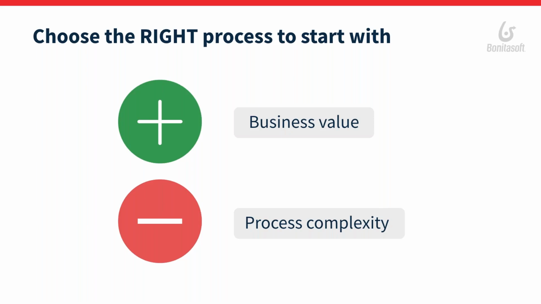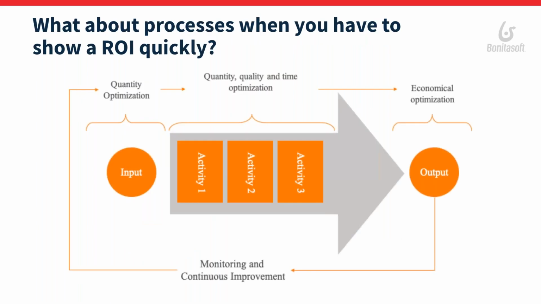So if we follow what you said, then if you want to have a quick return on investment, how do you work? Well, that's just an abstraction. One of the key questions here to follow the logic is: how do I measure success? Now that I know what to look for, how do I measure it? One of the methods, and it's by no means meant to be the only one, is to segregate the process into its basic components.